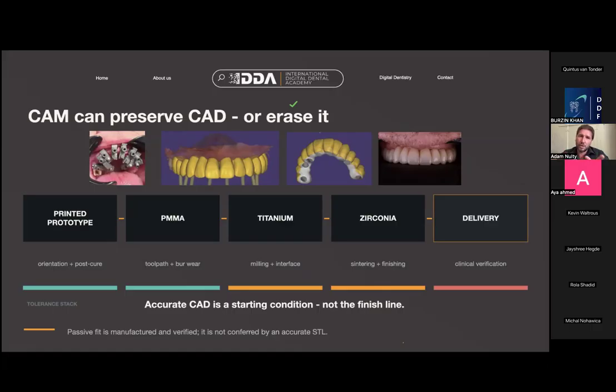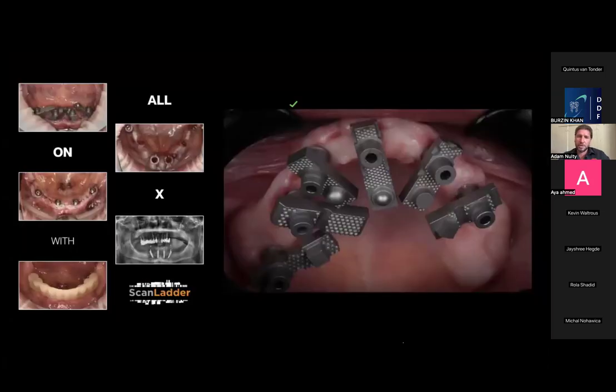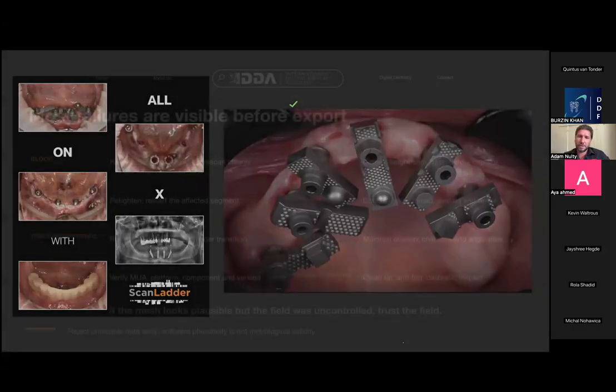And if you don't understand one of those components, that's the time to ask questions with your lab, with the people who create whatever thing you're using to record it, whether it's ScanLadder, whether it's photogrammetry, whatever. Ask them how you can use that with the rest of the data. Understand the whole process, not so you're an expert. Nobody's an expert at anything. We're all learning, and these are all tools, but the important thing is to understand where the failures can creep in. So that's when you get to lovely cases which just go straight to plan and fit passively,